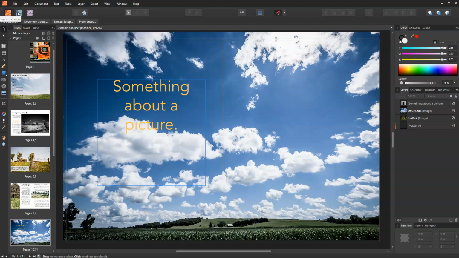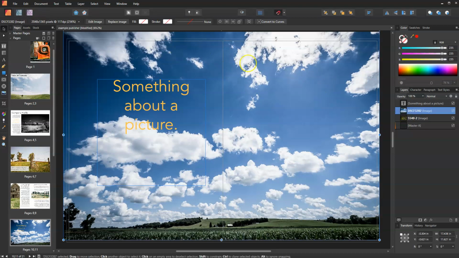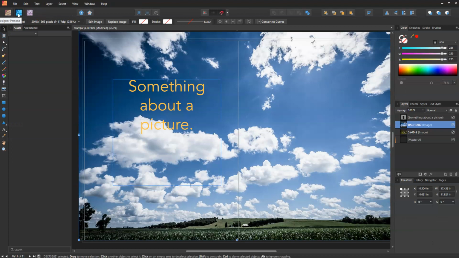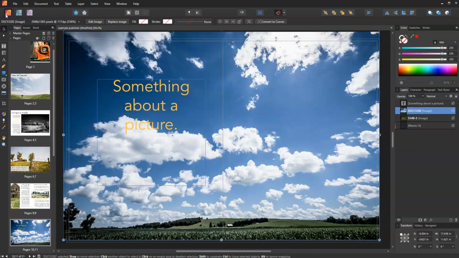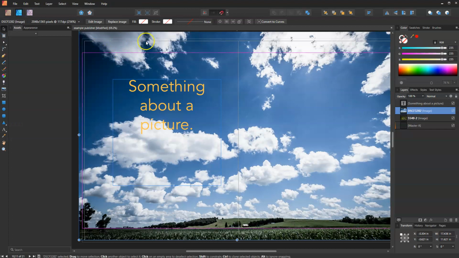Up here is what you can see, the designer persona and the photo persona, which is that Studio Link. Affinity has something called Studio Link where you can just do edits in, for instance, Affinity Photo. It brings up a lot of the tools from Affinity Photo and allows you to make those kinds of edits without leaving the program that I'm in right now. And so we're able to do some cool stuff without actually having to load up